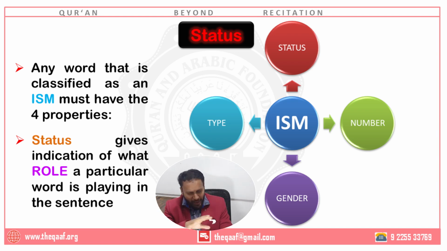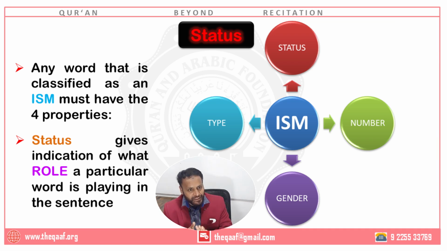And the last thing that we have not discussed so far, there is a 4th property which we will discuss shortly inshallah. That's called type. Type is not a complex thing. It's very straightforward. That's why we don't worry about it. But these are the 4 things that you should worry about every time you come across this ism. If you are able to figure out these 4 things, your basics is okay.